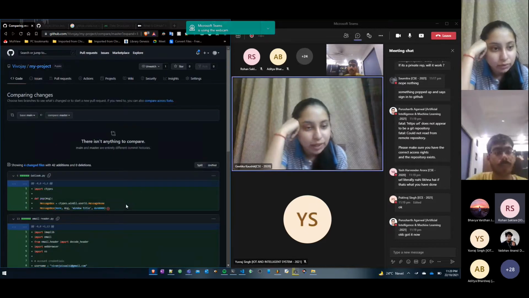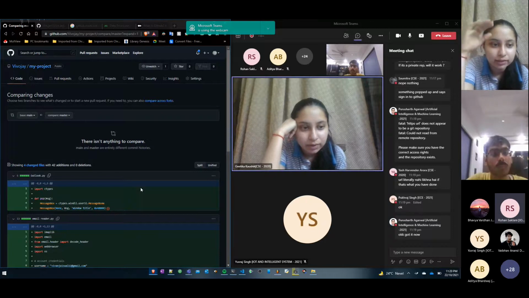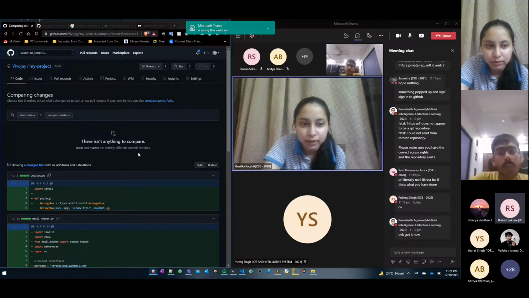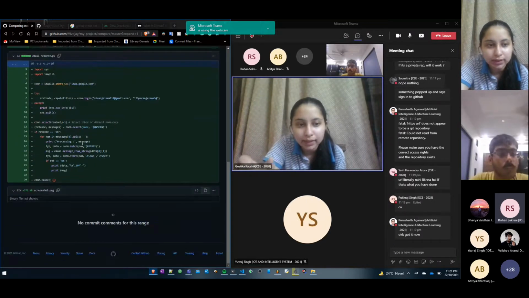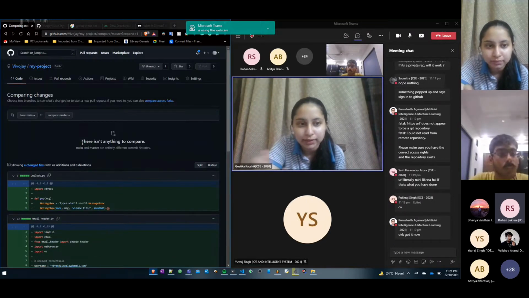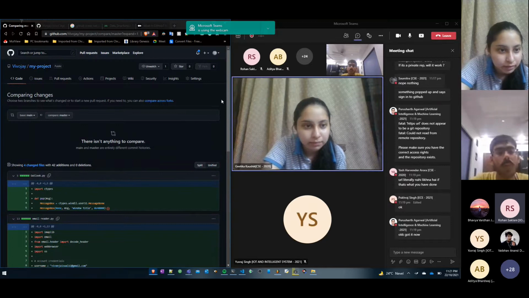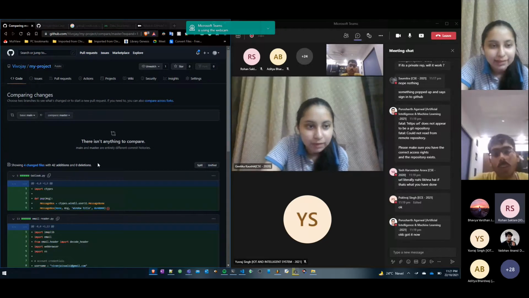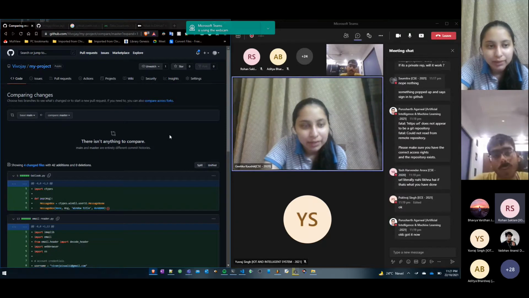Now see, you have changed 4 files because you have added 4 files. Once again, it is showing the lines of code that you have added. 42 lines of code you have added, so it is showing 42 additions. You have not deleted any code, so it is showing 0 deletions. Yes, it's showing it because we put it in master branch instead of main. Exactly. Since you have put it in another branch, it is asking you to make a pull request.